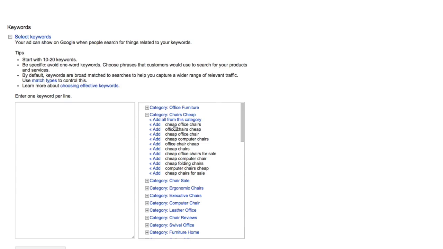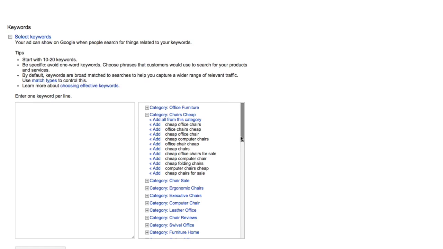If you're not sure if it's cheap, the best way to figure that out is to Google office chairs and take a look at what the competitors are offering, and you'll see some of the lower office chairs are $30, $40 a chair, things like that. We really want to stay away from those searches. In fact, cheap is going to be a great negative keyword idea, because we're not going to only be advertising